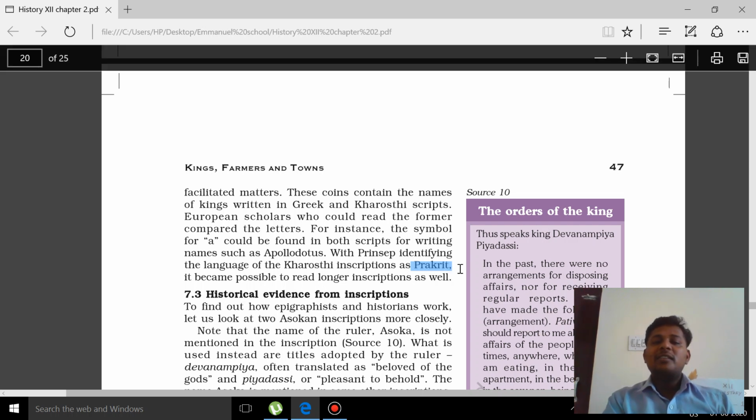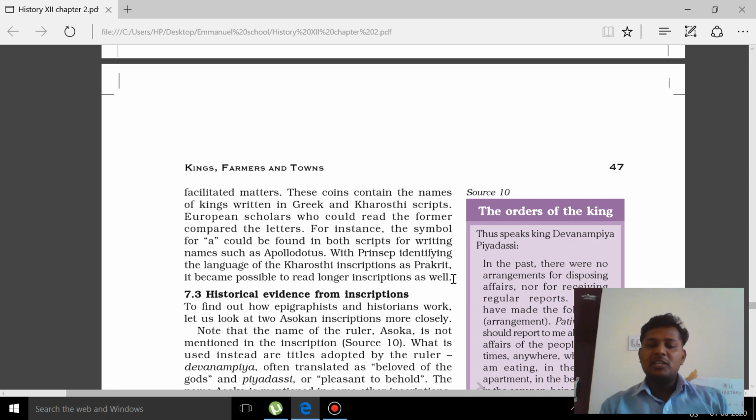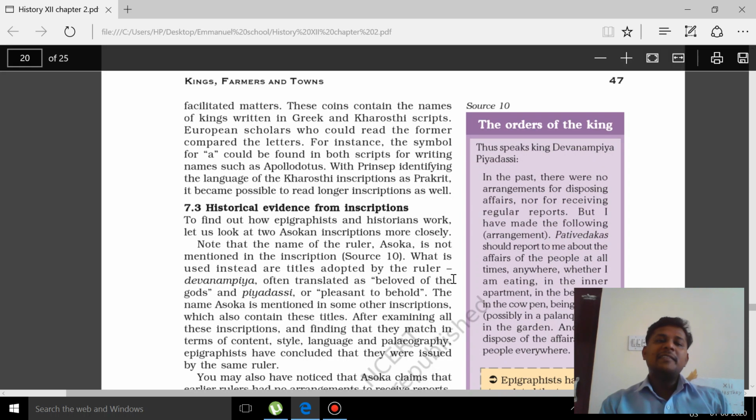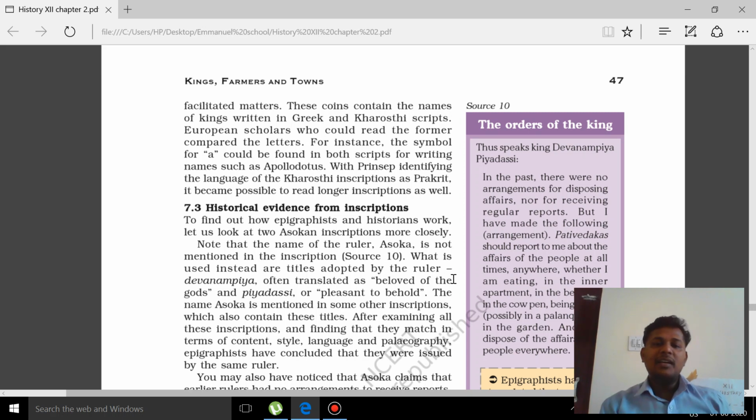Prince was the person who identified this as a Prakrit language, whose script was Kharosthi. It became possible to read longer inscriptions as well. So that's about how Kharosthi was to be understood by the people. Fine. So this historical evidence from the inscriptions, I skipped this topic and I don't think there can be a